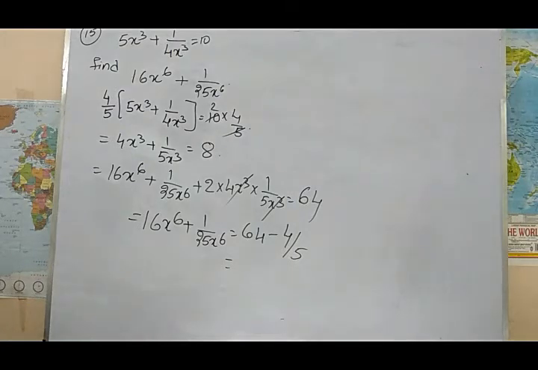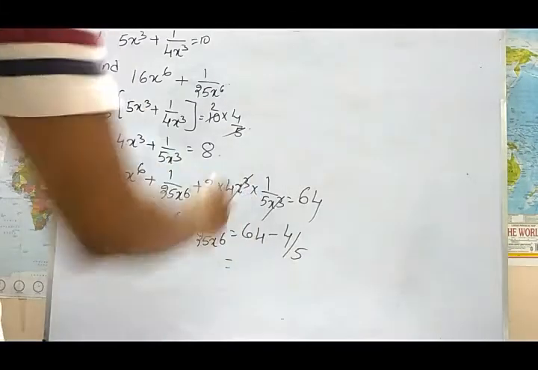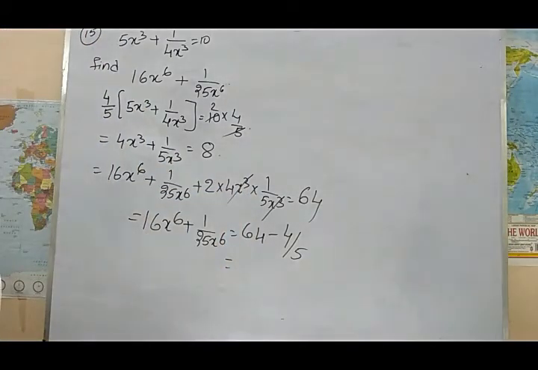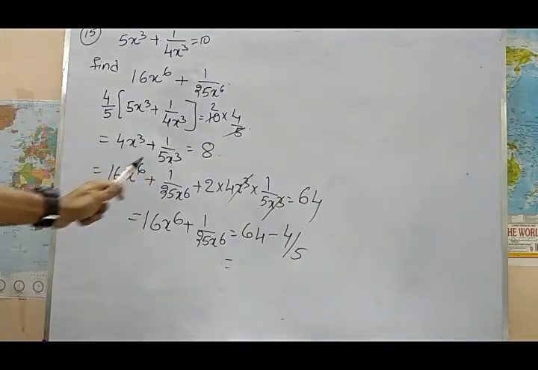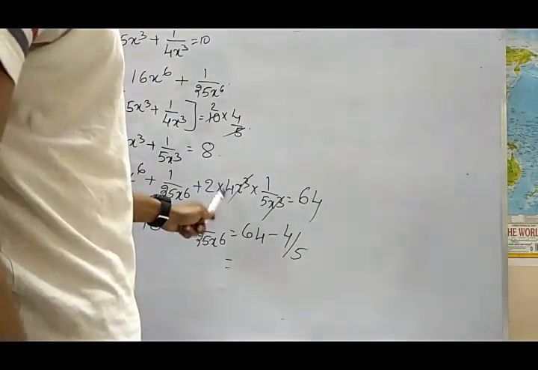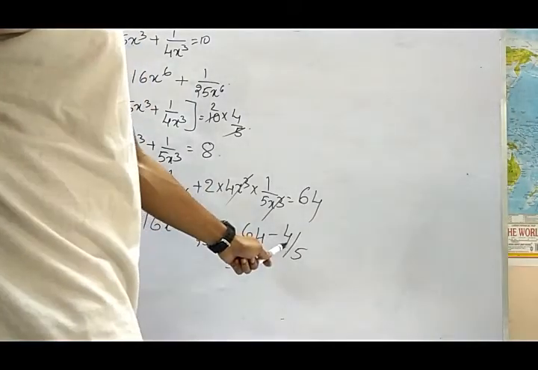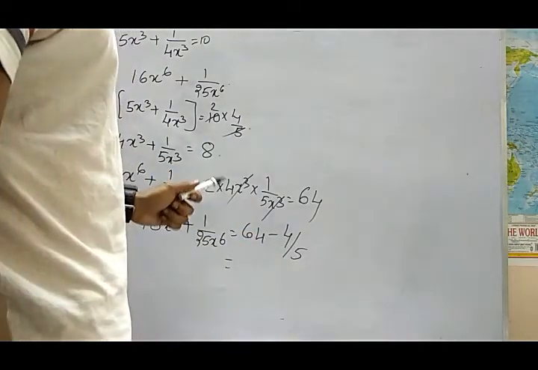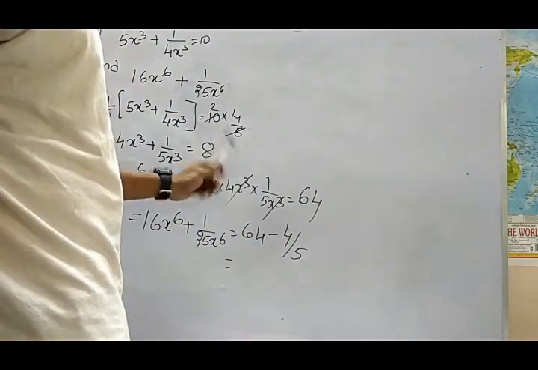Can you guess where we have made the mistake? We made a mistake somewhere else because it's in 0.something. Come on, where did we make the mistake? See here, 4 into 8. 4 into 2 is 8. What did we write here? 4 by 5. If you understand this mistake, good, you are following very well.